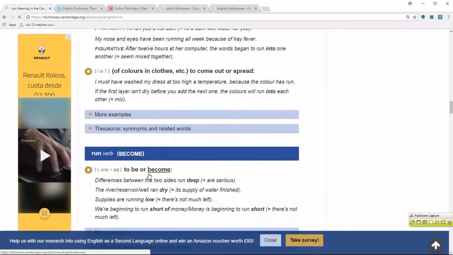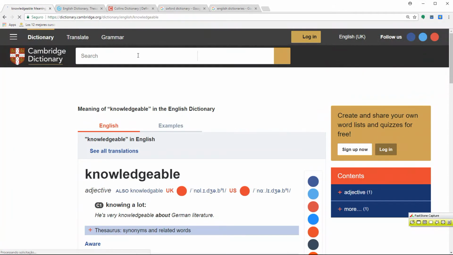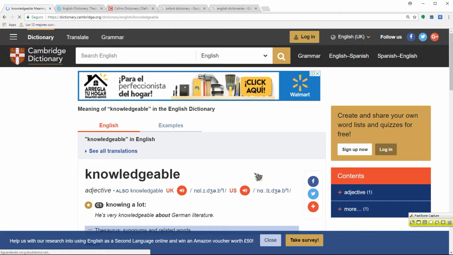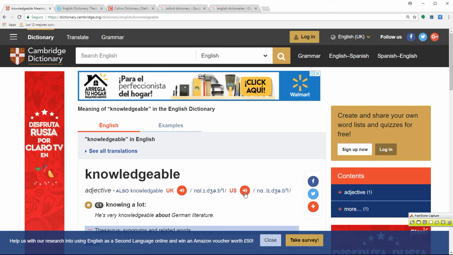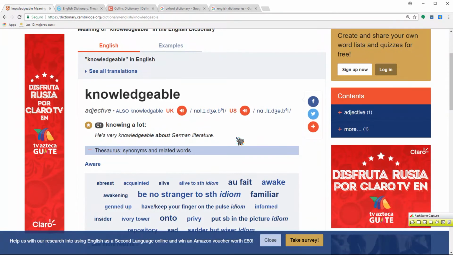Let's try with one more example with a more difficult word to pronounce. Let's try with this word. Now let's hear the American pronunciation. Knowledgeable. And now the British pronunciation. Knowledgeable. Basically, this is the most useful feature of online dictionaries, and it may seem ridiculously simple, but you must